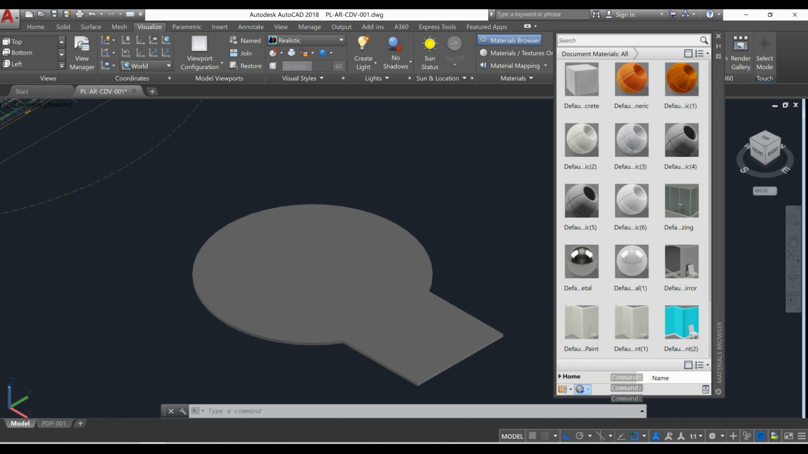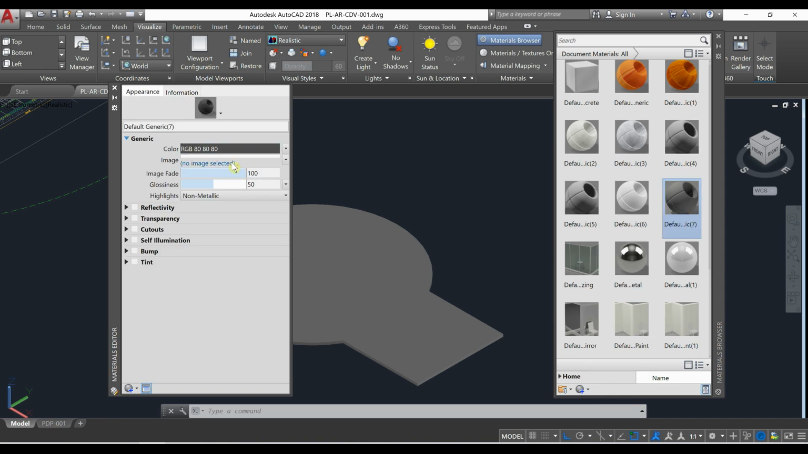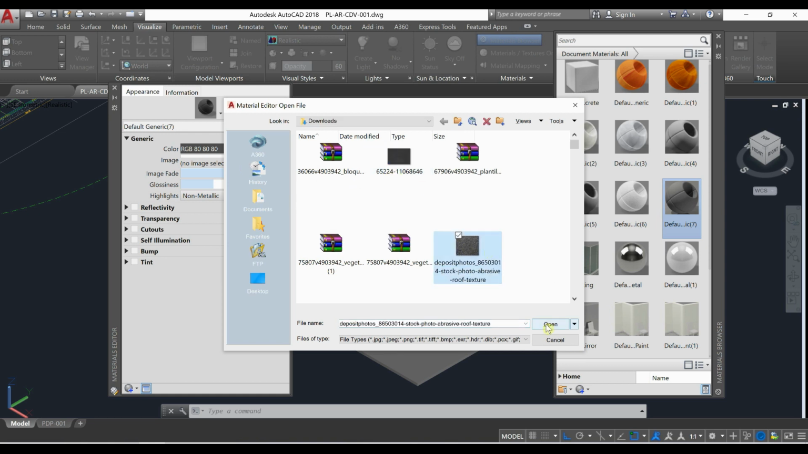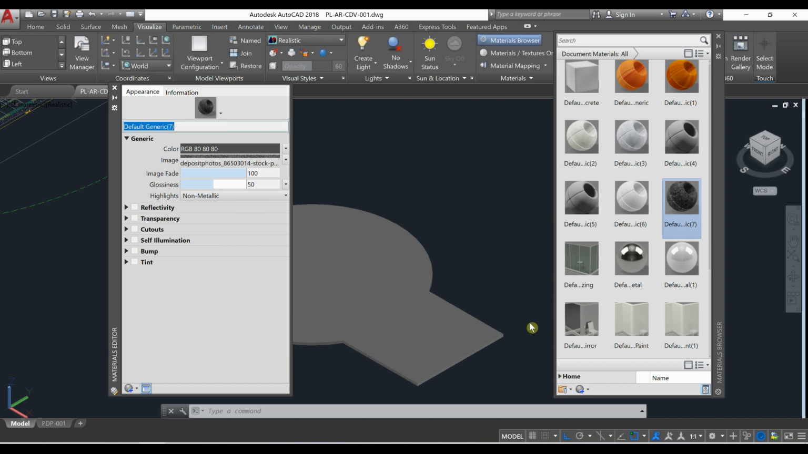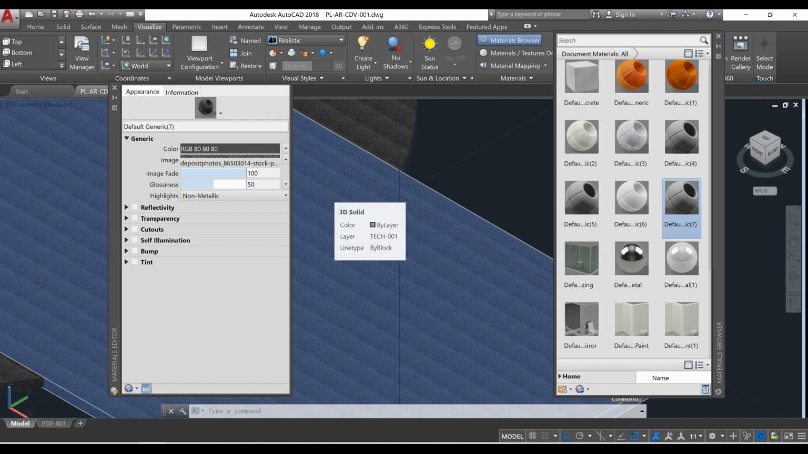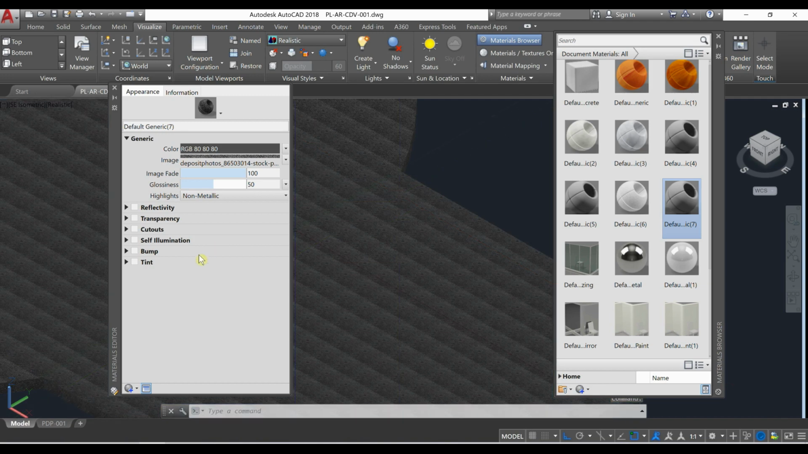I will create a new material and select the image that I download. Is this one. And I will apply it to the roof. The material was applied, but I think the size is not the right one. I think we need to